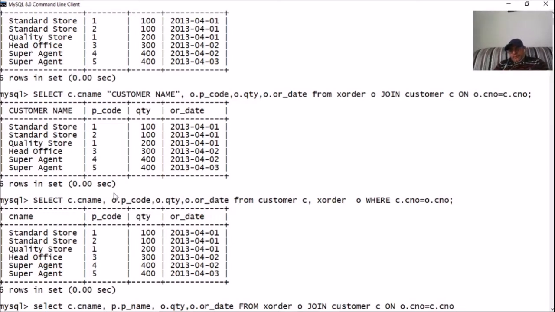And now the result is to be joined with the product table on the field P code.